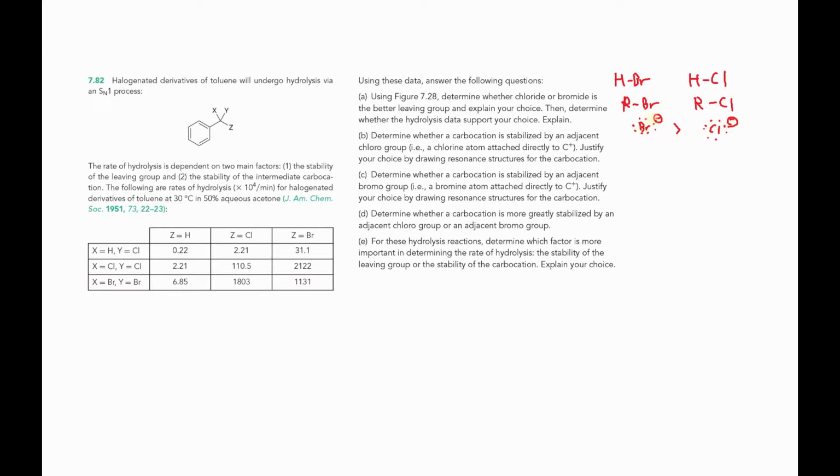So because having a weak conjugate base is more favorable, we know Br is a much better leaving group. So for now, I will answer Br is a better leaving group, but we have to substantiate our claim here